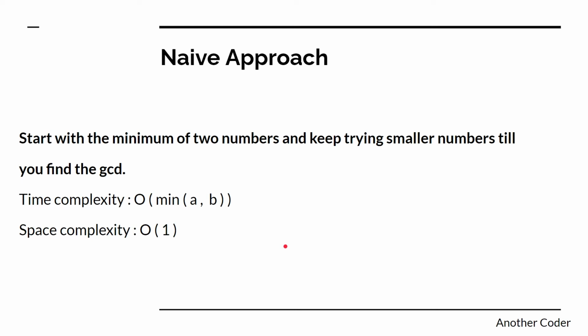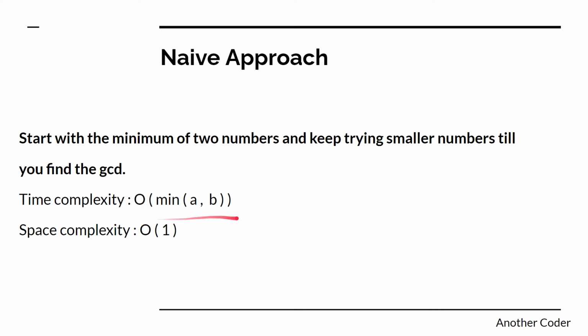So if we have two numbers a and b, there is one thing for sure, that the GCD would lie between 1 and the smaller of those two numbers. For example, if we take a as the smaller number among both of them, then the GCD would definitely be between 1 and a. So what we can do is we'll check if a is the GCD of both of them. If it is not, then we'll subtract 1 from a. We'll check if a minus 1 is GCD of both of them. If it is not, then we'll again subtract 1. We'll check if a minus 2 is GCD, and we'll keep on continuing this until we reach 1. And at last 1 would definitely be the GCD. If not any number between 1 and a, 1 would definitely be the GCD of both of these two numbers.